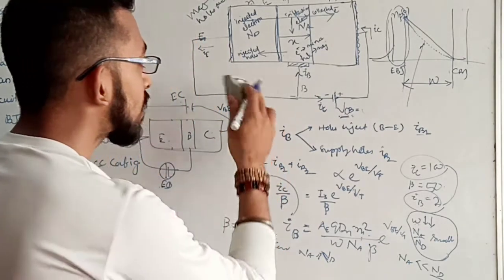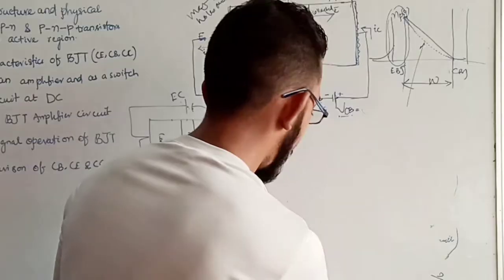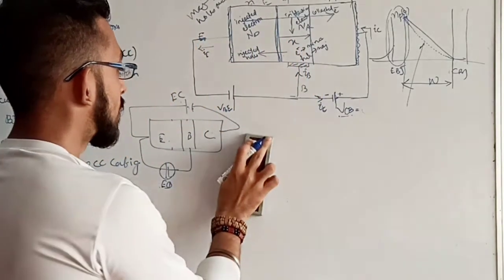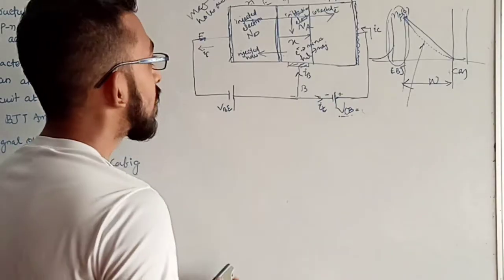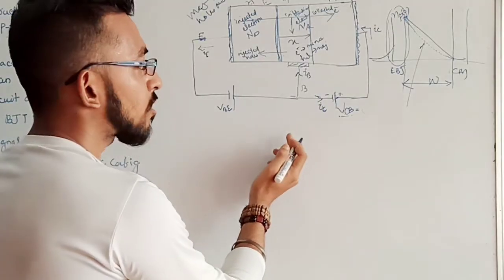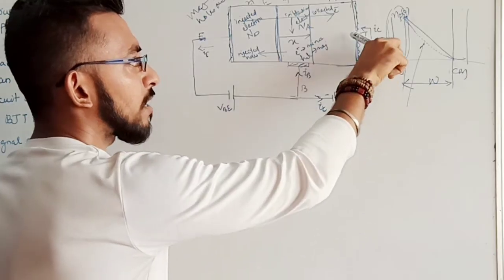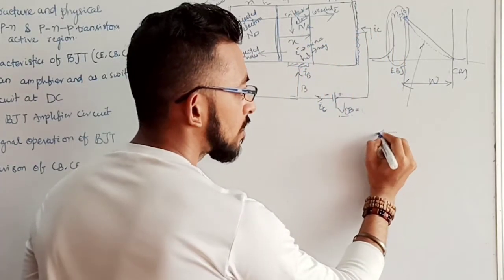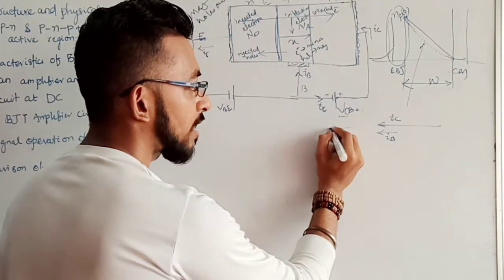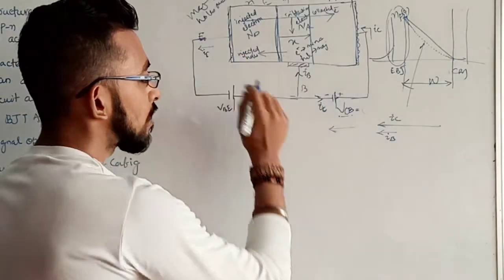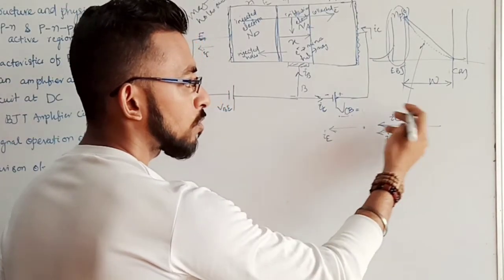Now we will see the emitter current. Here one current is coming because of the base, that is the base current, and it is moving in this direction. This is the collector current that is also moving in this direction. Since this is IB, this is IC, both are coming in the same direction, and the one current that is leaving from this terminal is equal to IE. So what will be my IE? My IE is nothing but the two currents that are coming.